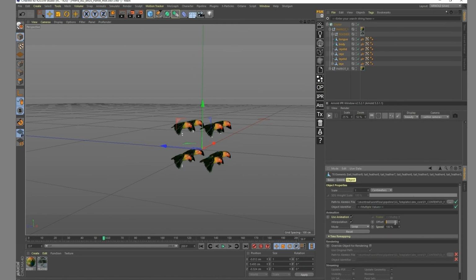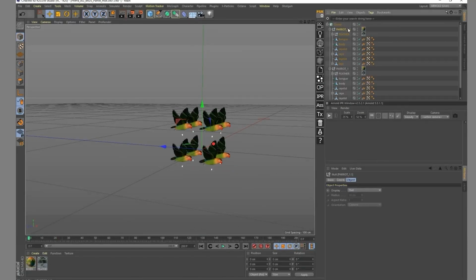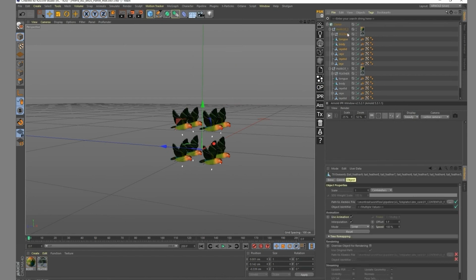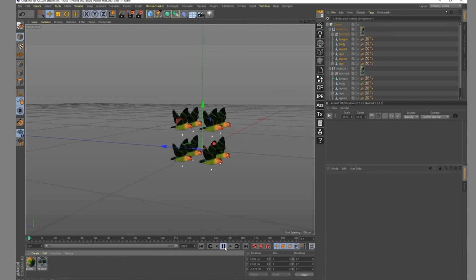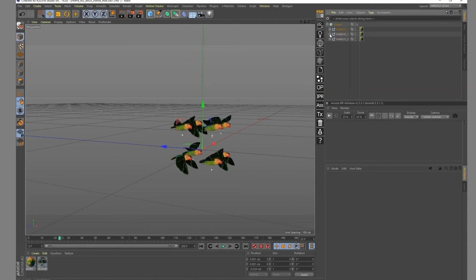And what I could do is just offset those by, for example, I don't know, 5 frames. So now I already have 2 versions of my parrot that are offset in timing. I can do the same once again, making it parrot number 2. Select everything, deselect the null object, and just this time doing, for example, 9 frames. I'm trying to use uneven numbers so I'm not having anything that is overlapping. And right now it's just those 3 versions of the parrot. I already have something that is way more believable.